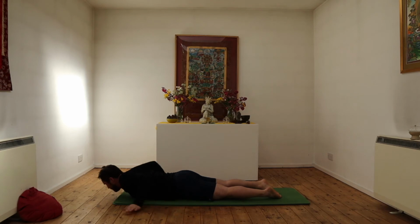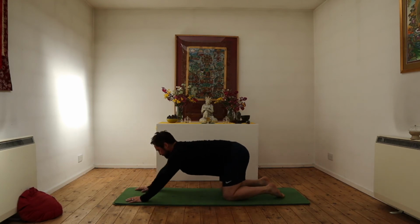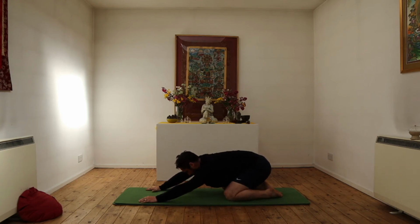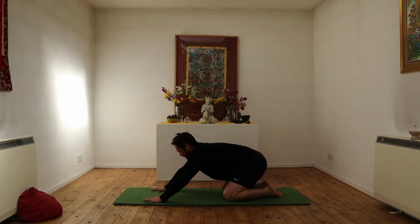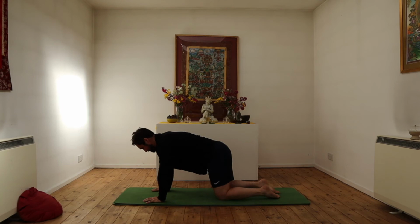Wonderful. Bringing the hands underneath your shoulders, we're going to push ourselves back up into tabletop and then ease back just for a moment in a child's posture. You can keep the forehead up, wriggling through the hips. Just ease out the lower back. Wonderful. So coming up again to our tabletop, we'll take our hips here and then we're going to sit down